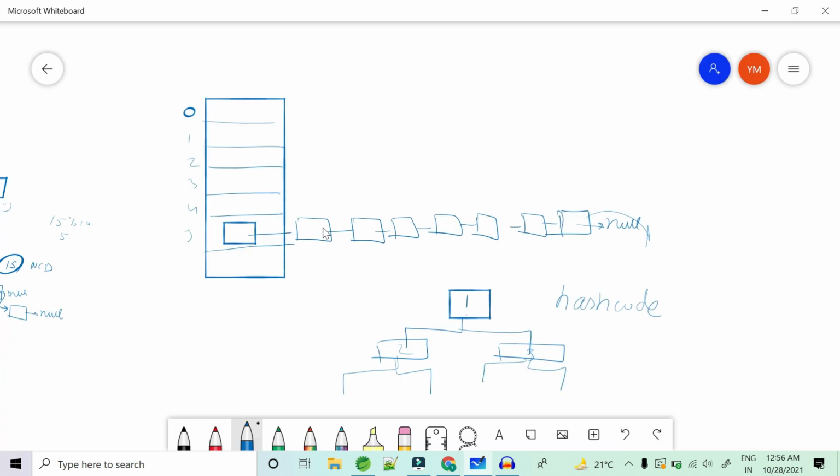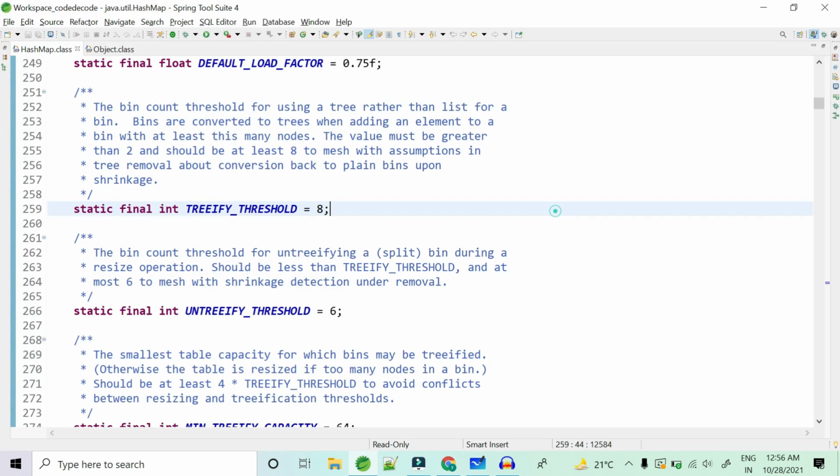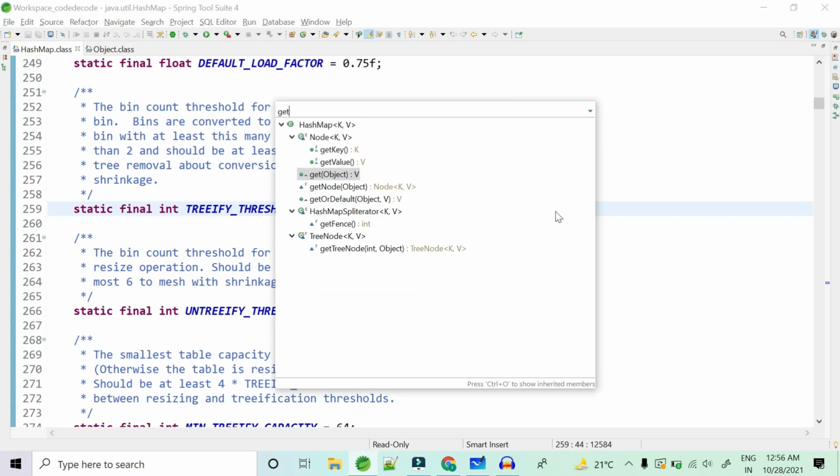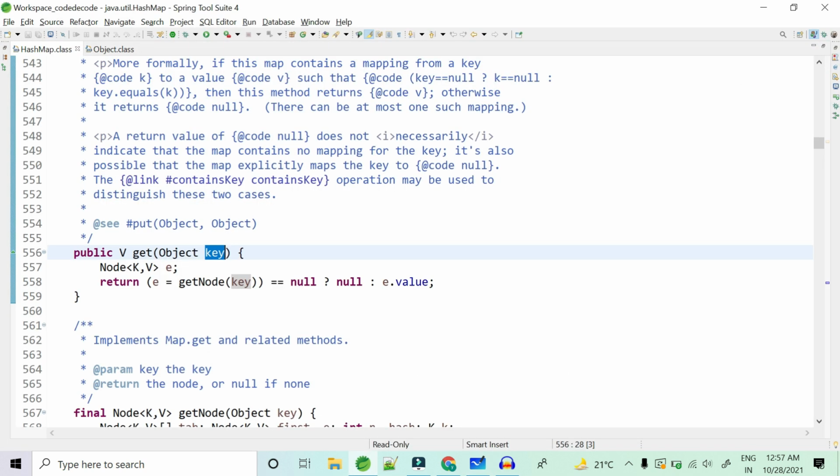Now if this much is clear, let me quickly move ahead to how the get method works internally. Now I'll show that also to you with the code. When you try to get a particular entry object, you give the key. With that key, you calculate the hash code, and the hash code gives you the exact bucket location. On that bucket location, you traverse and reach your key using the equals method. So equals is the determination of equality inside a bucket if a collision is there, and hash code is the way to fetch this vertical line in the buckets in the hash table. So horizontal way equals method, vertical way hash code method. This is why overriding hashCode and equals is important to you.